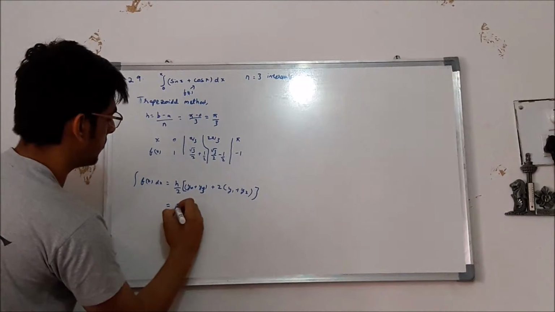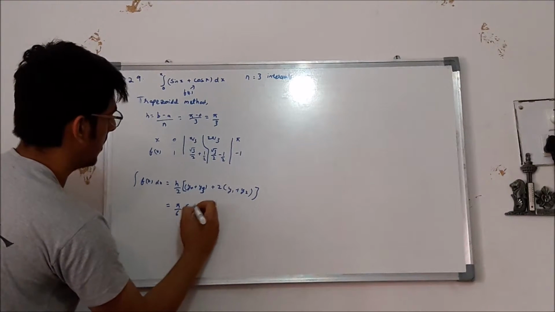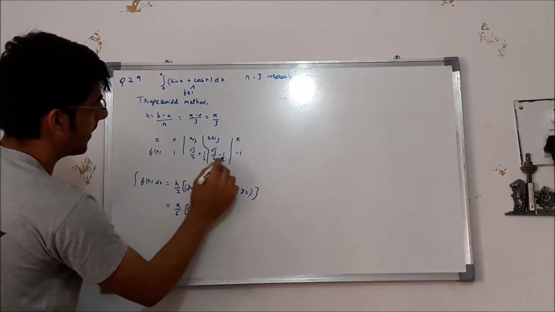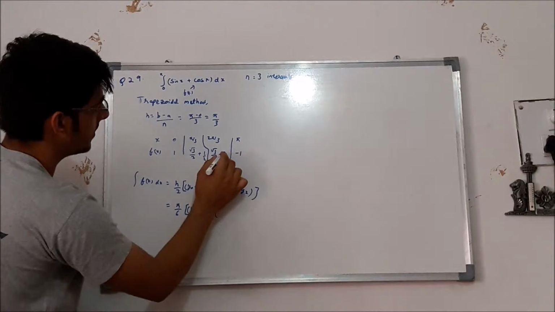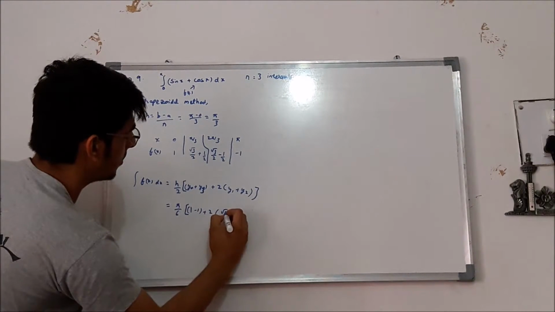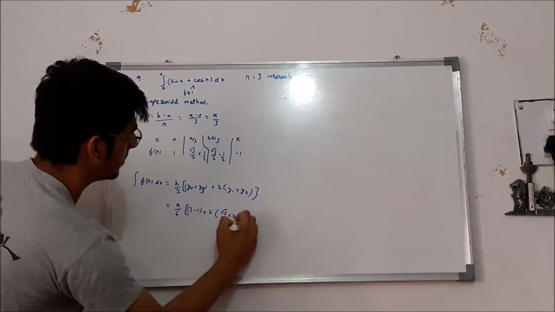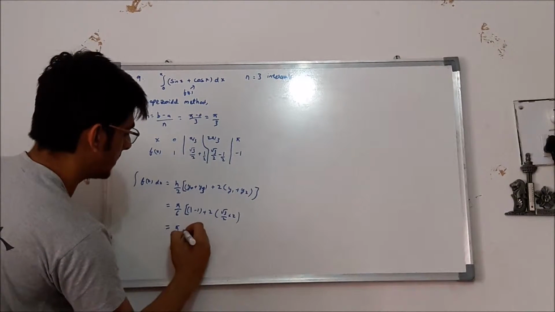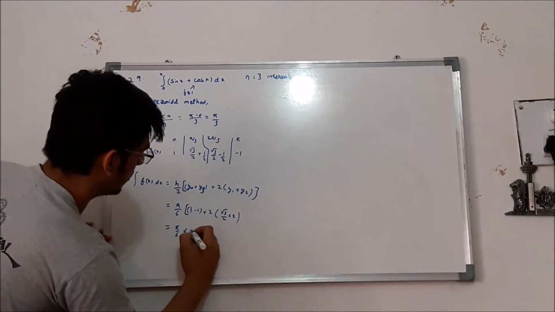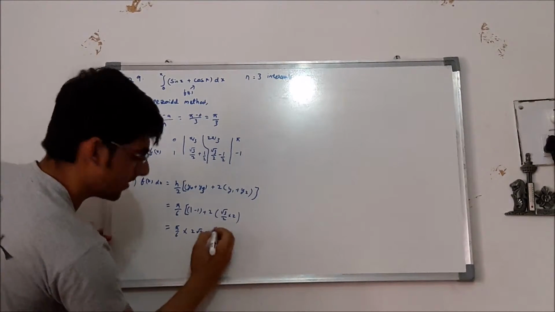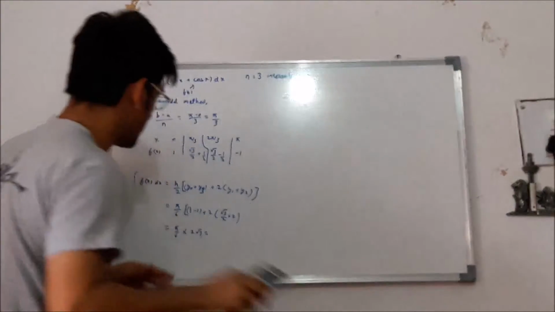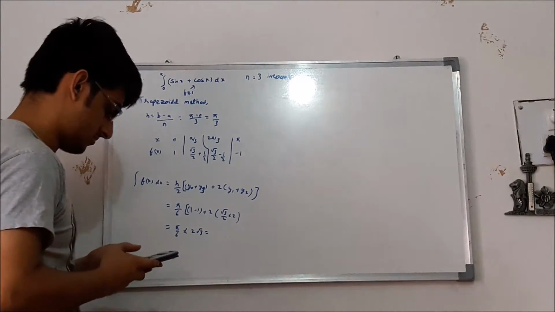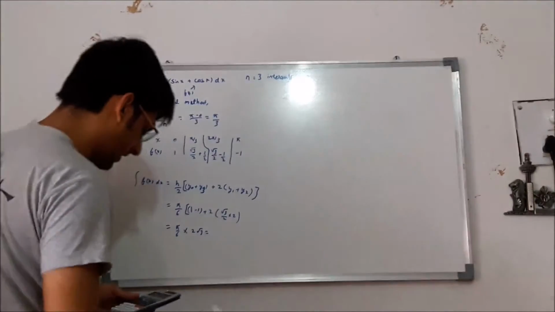So that will be equal to pi by 6 times (1 minus 1) plus 2 times. When we add these two, the halves will get cancelled, so it will be root 3 by 2 into 2. So finally it will be pi by 6 into 2 root 3. The value comes out to be 1.813.